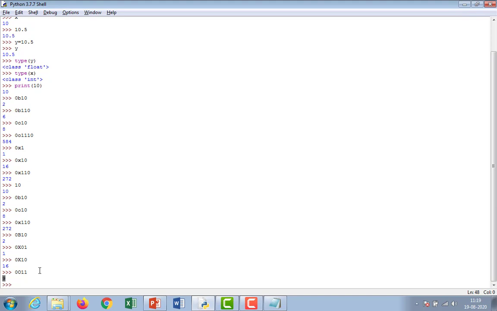Either you use capital O, X, B, or small o, x, b, no problem. So binary means base 2, octal means base 8, and hexadecimal means base 16.